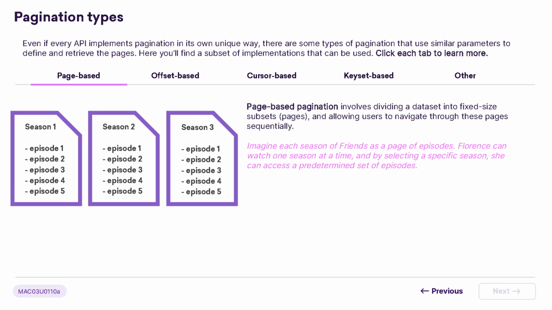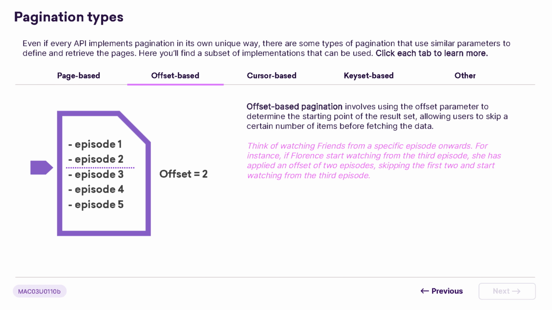This approach is straightforward. Each page contains a set amount of content. It's like flipping through an album where each page reveals a new chapter. By moving through these pages sequentially, you can explore all the content step by step. This method keeps things organized and easy to navigate, ensuring users can access the data they need in a structured way. Offset-based pagination is a method that helps users jump to a specific part of a dataset without having to